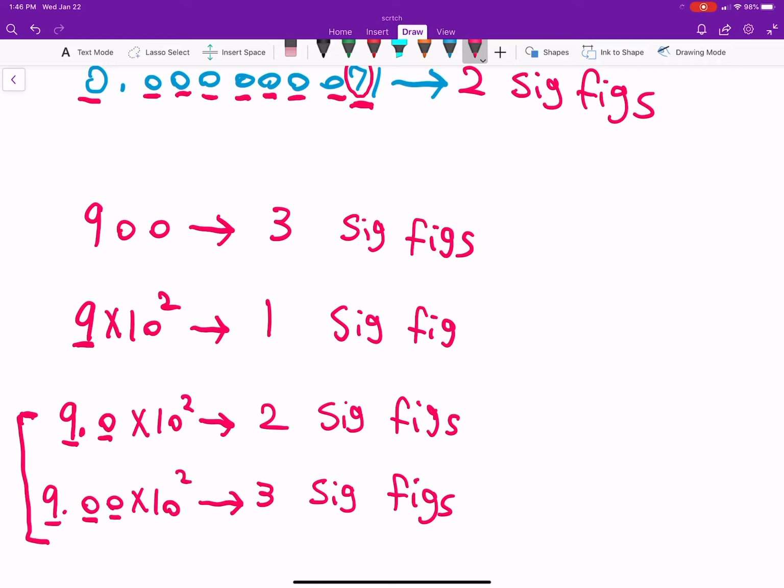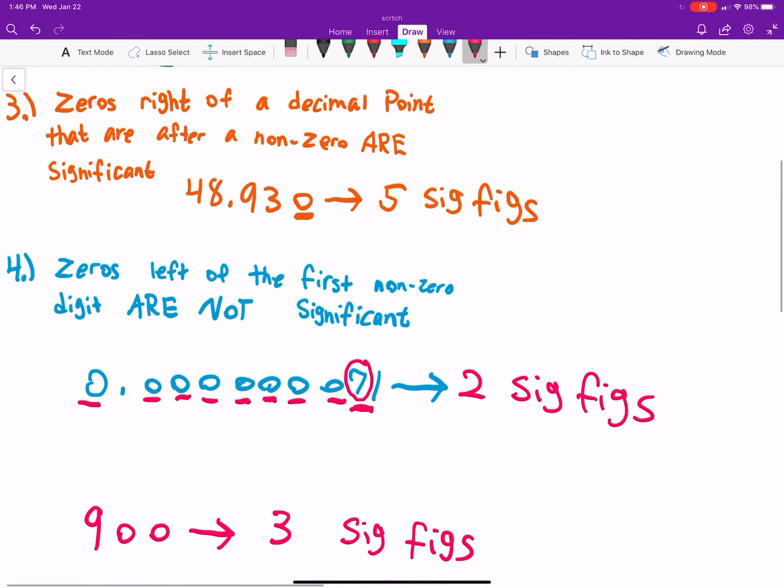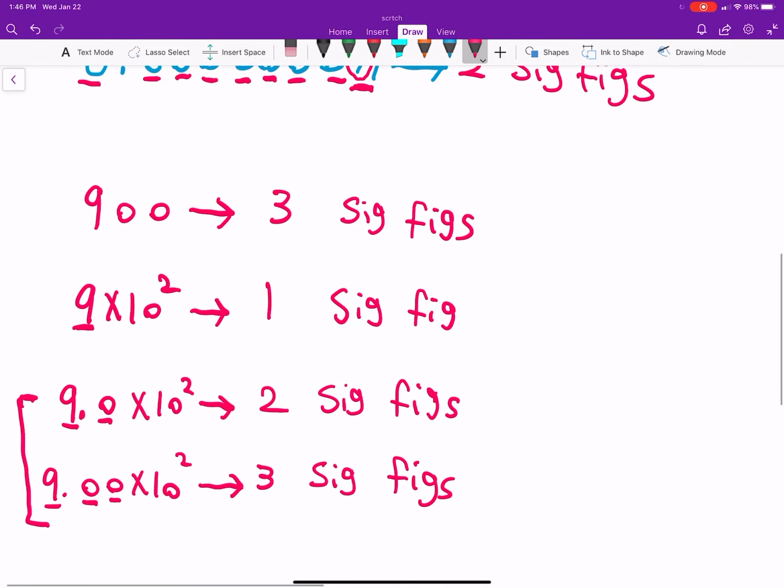Now, this is kind of getting into the rules of multiplying with sig figs, and we'll talk about that in an upcoming video. How you're really supposed to round when you add and subtract, and there's also a rule when you multiply and divide. But I'm going to cover that in a separate video. This is just an introduction to significant figures, what they are, how to count them. This probably wasn't a good idea to give you right now, but it'll make a little more